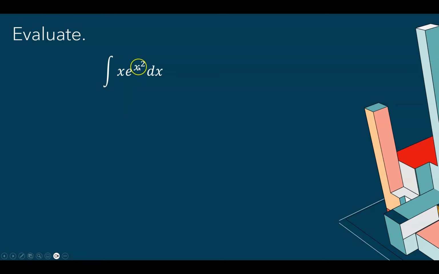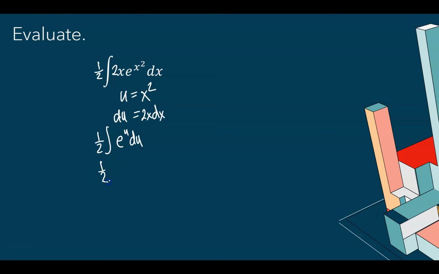So the integral of x e to the x squared, that's definitely not something we've memorized. We can't combine because e to something and x are very different, but the derivative of x squared is 2x. So this is actually chain rule or u substitution. So we can just say u is equal to x squared, du is equal to 2x dx. And I've already put in the pieces that I need, so I just get e to the u du. So 1/2 e to the u plus a constant, and 1/2 e to the x squared